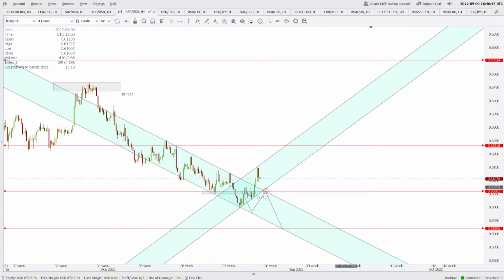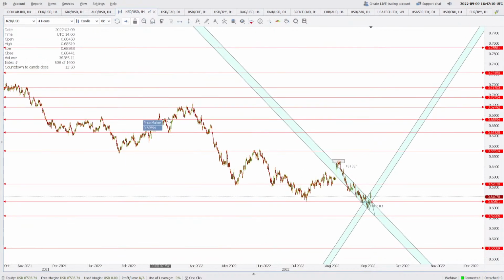So let's focus on the chart first here. 0.6060 is what I think is a good support, and if this holds, then 0.6231 will be our target. But if this is breached and the price goes down and gives us a closing below, then 0.5920 will be exposed in this market. Now if you look at the structure of the market here, the structure is down.